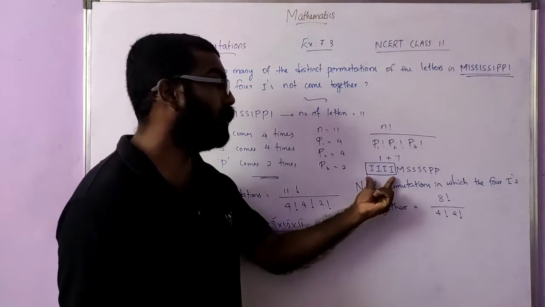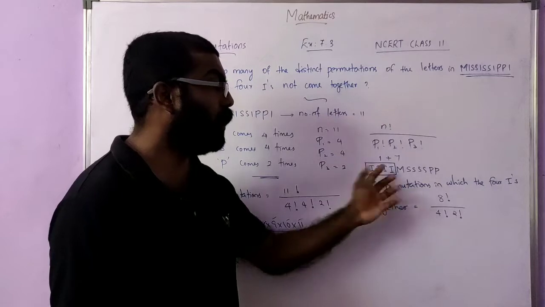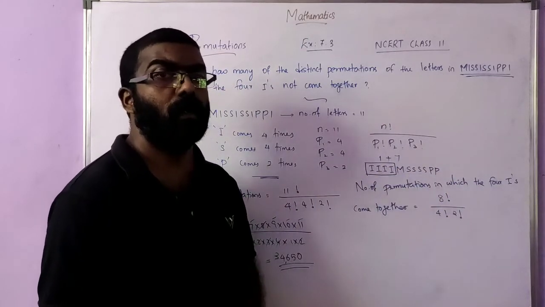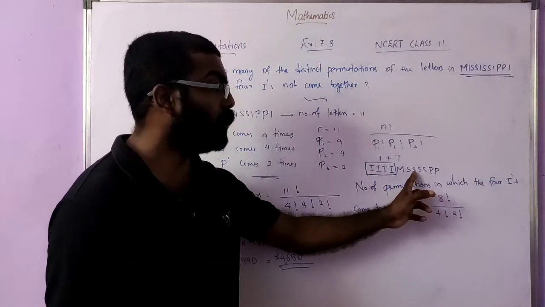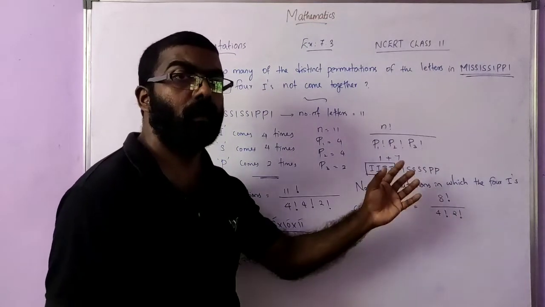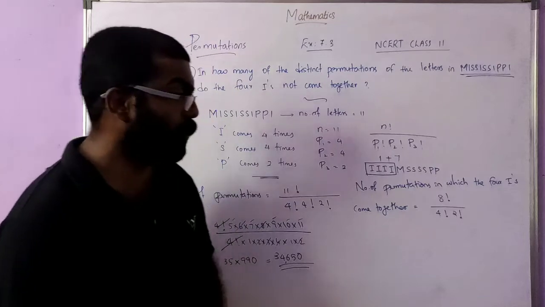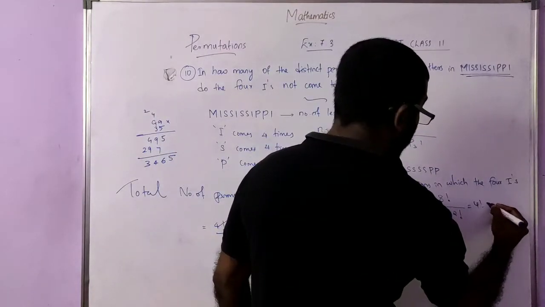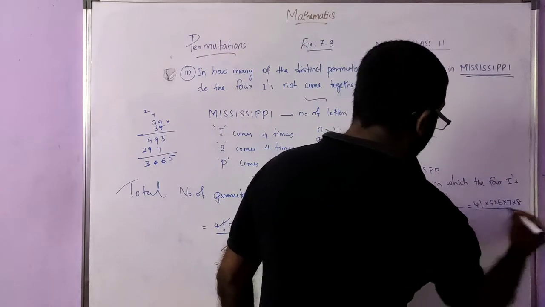Okay, so this box or set of i's can be in any place, but they occur together. It can be in between m and s, or two s's, or s and p, or between two p's, and so on. No problem. So this will be equal to 4 factorial into 5 into 6 into 7 into 8 divided by